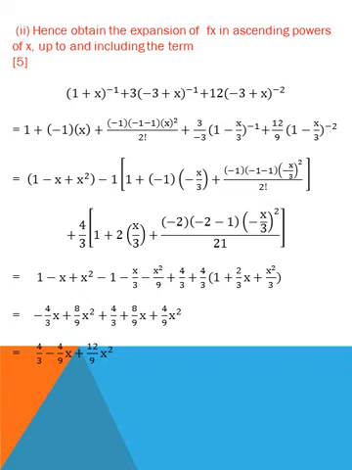In the first part I applied (1 + x)^(-1) = 1 + nx + n(n-1)x² over 2 factorial. Here it is 3 over -3, because when I take -3 common due to the power of -1, it will become the denominator. So -3 over 3 into (1 - x/3)^(-1) plus 12 over 9, it will become 9, because when I take (-3)² common, it will become 9 in the denominator form, (1 - x/3) whole.